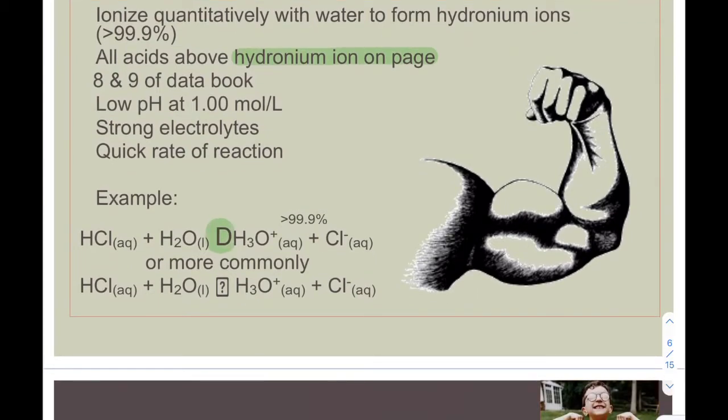Sorry, my arrow didn't show up on this diagram, but this is basically a quantitative reaction. This should be an arrow where this question mark is. And this tells you that when hydrochloric acid reacts with water, you're almost completely going to get hydronium ions and chloride anions, and you're going to have none of your reactant left over. Because this ends up producing so many hydronium ions, the concentration of our hydrochloric acid to begin with is the same as the concentration of our hydronium ions, or it all becomes hydronium ions,